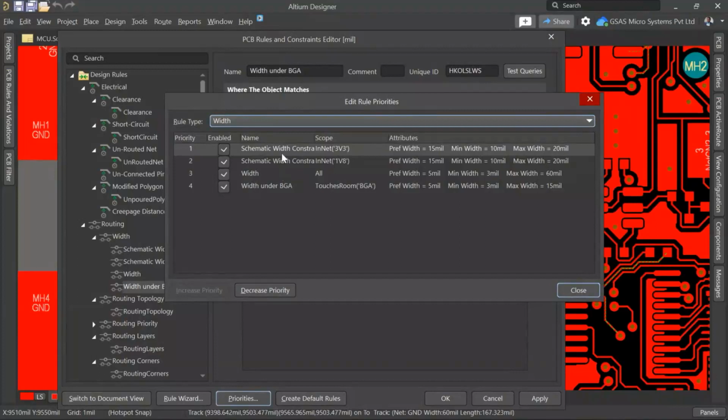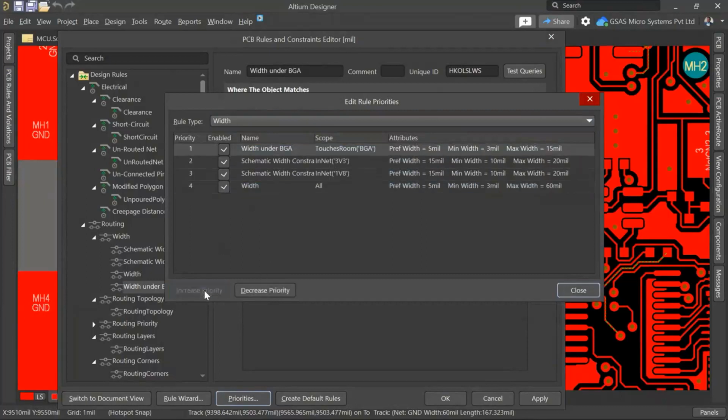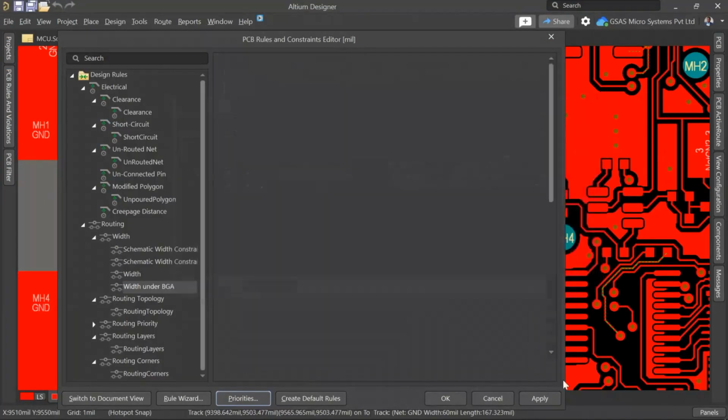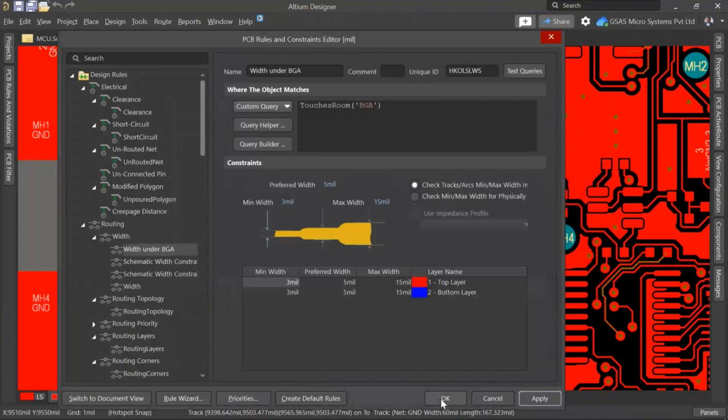Then the tool will first give preference to this net class to satisfy the particular net rule. What we will do, we will increase this priority, click close and apply, and okay.